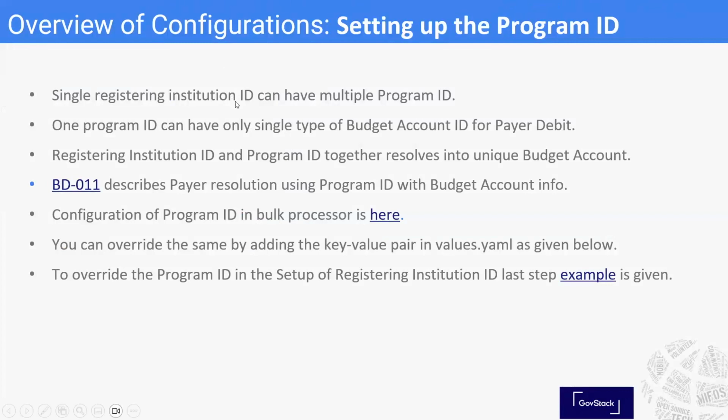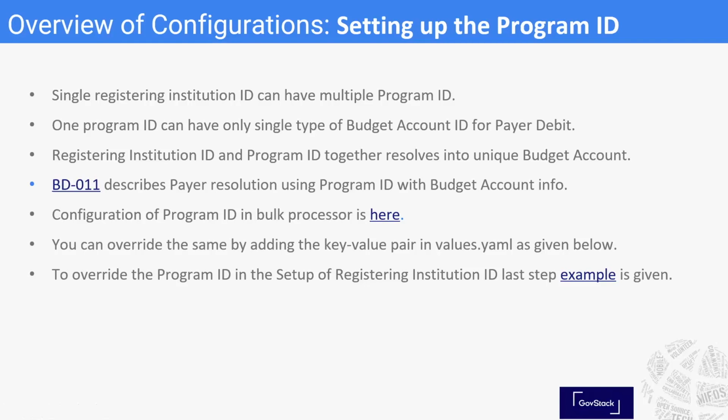And one program ID can have only a single budget account ID for payer debit. One relationship that has to be maintained is that for that particular program ID there is only one budget account associated with it, so that there is no confusion and sufficient funds are provisioned in that budget account,